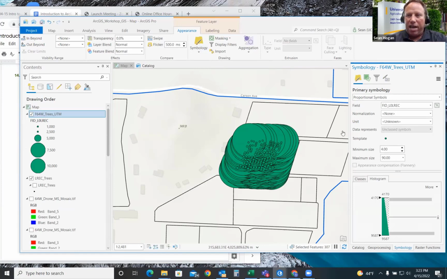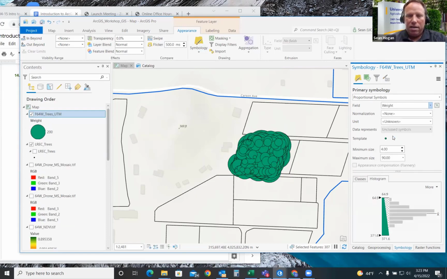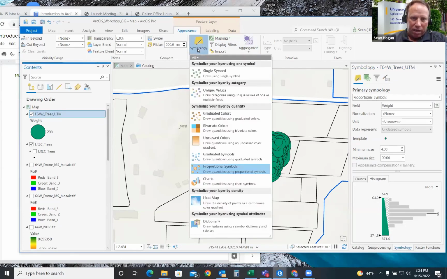But the reason for that is because it's using this crazy large FID field, because it's creating the size of those based on the FID numbers. We don't need that. What we do need over here on the right under field, we're going to click weight. All right, that's a little funny.